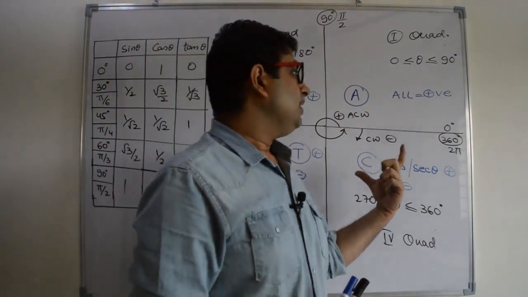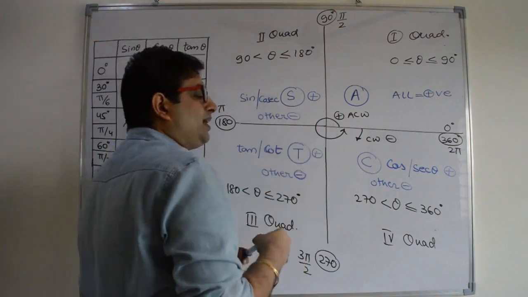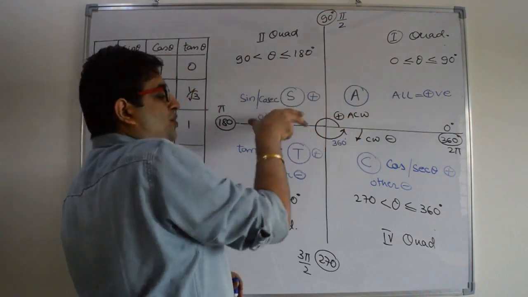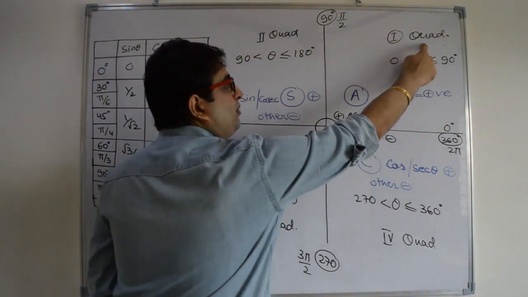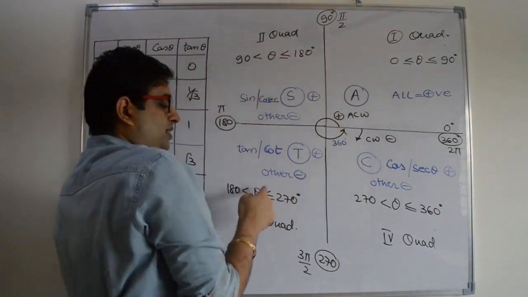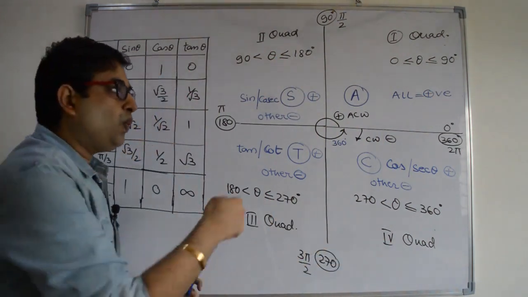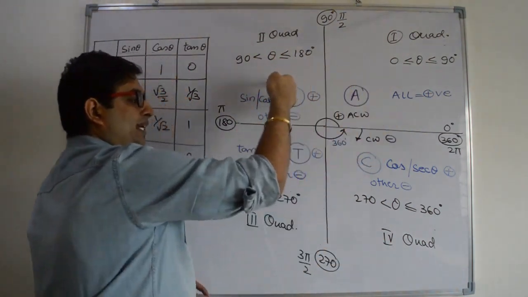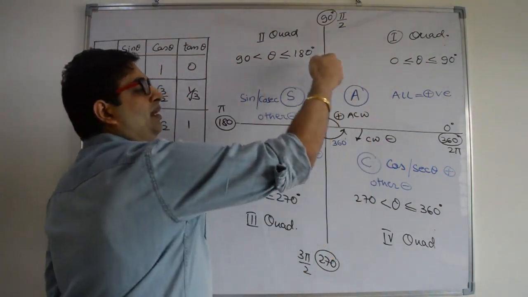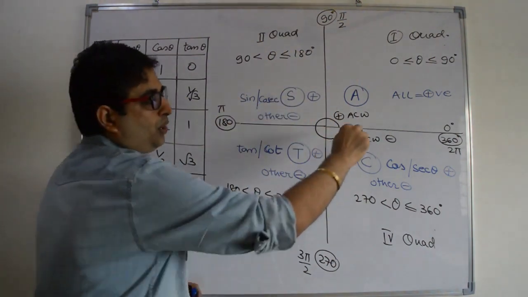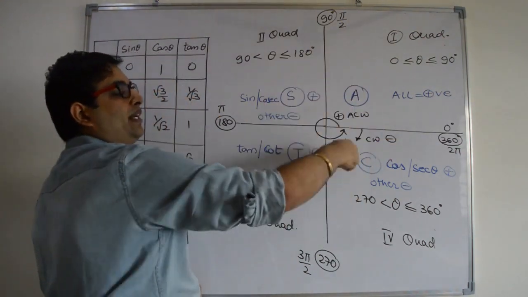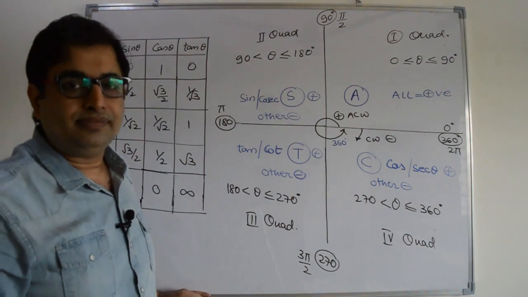You can divide this complete 360 degrees into 4 equal parts, and each part is of 90 degree angle. The names of these parts are quadrants. This is the first quadrant, this is second, this is third, and this is fourth quadrant. Why am I taking this sense, first, second, third and fourth? Because in mathematics we take anti-clockwise angle measurement as positive, clockwise measurement as negative. We always take anti-clockwise direction to measure any angle, right?